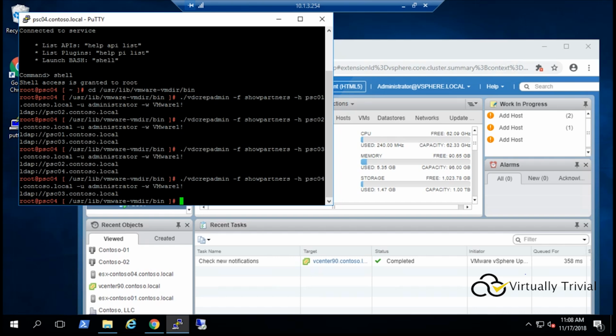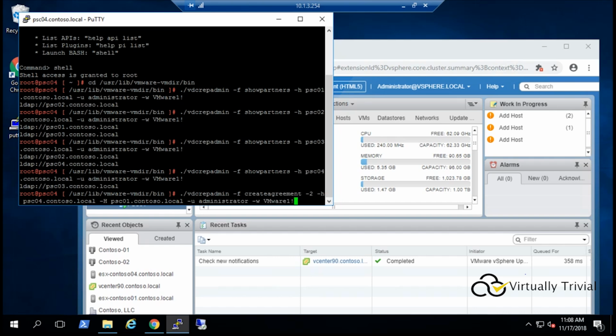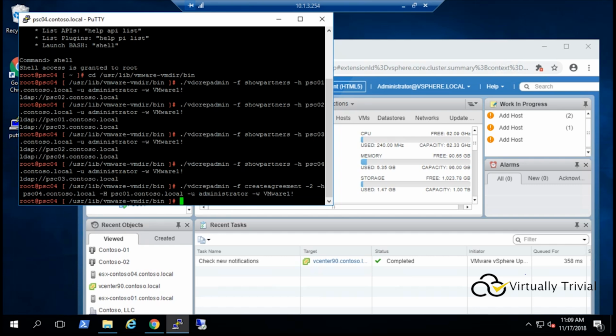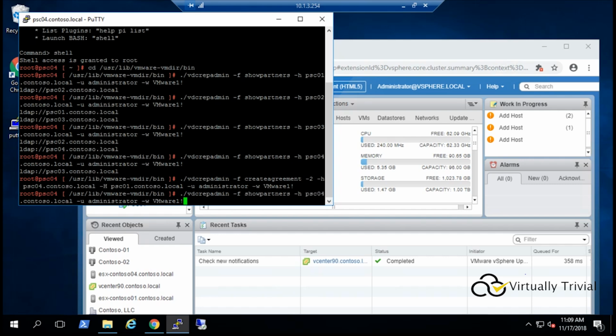There is a command to create a replication partner. So what we have here is we're going to run the vdcrepadmin again, but this time it's going to create an agreement. Lowercase h is the host that you want to go from, and uppercase H is the host you want to go to, and the administrator and password are there. So basically, I want to set up a replication between PSC04 and PSC01, which will create that agreement, or that ring. It doesn't give you anything to look at or come back to,